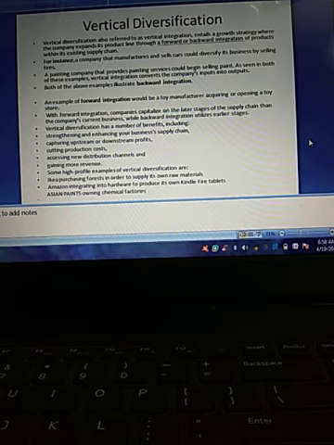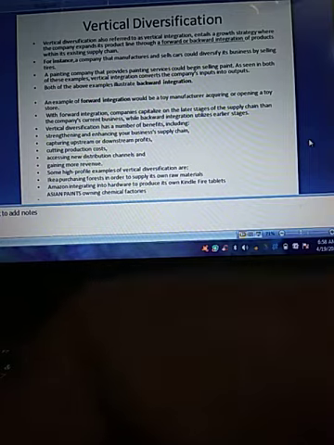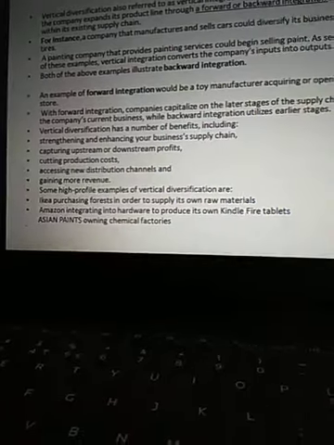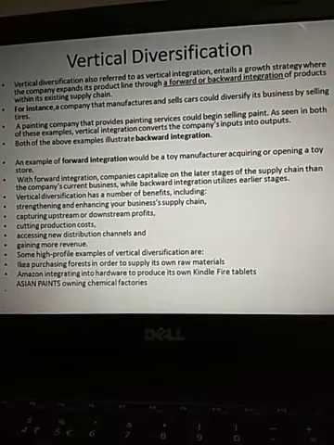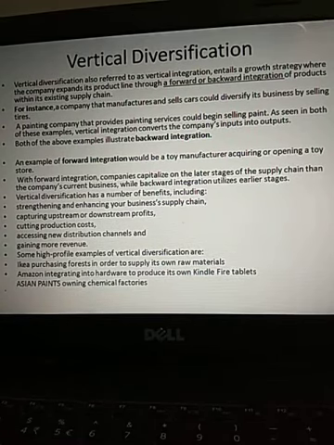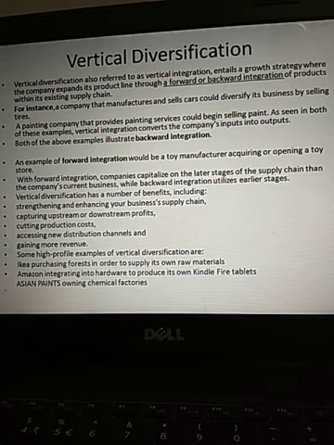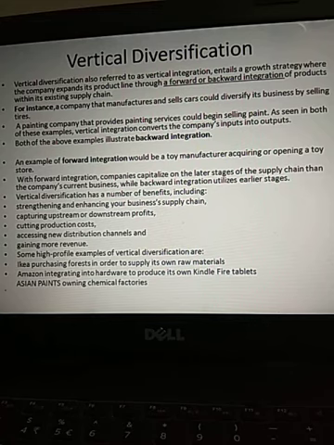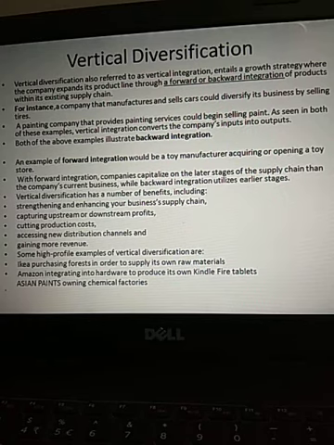Next we discuss vertical diversification. So what do you know about vertical diversification? Vertical diversification is also referred to as vertical integration. We already discussed backward integration or forward integration. It entails a growth strategy where the company expands its product line through forward or backward integration of the products within its existing supply chain. So generally vertical diversification will be implemented in the supply chain